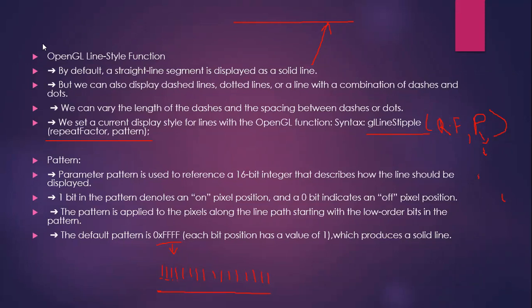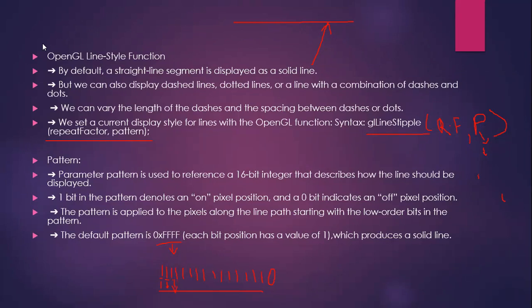And suppose I change the last bit to 0, then automatically the corresponding line which I have drawn will be the lower line. So this much portion will be displayed corresponding to the ones. And when you are writing everything, the line will be displayed for each of the ones.